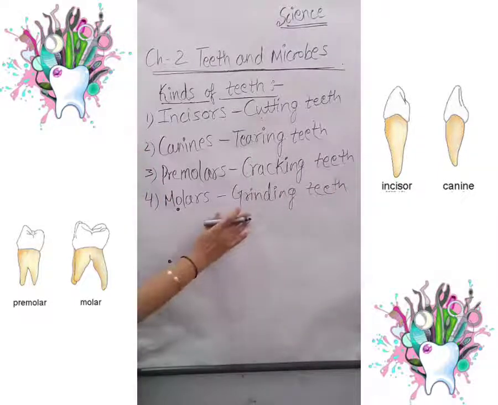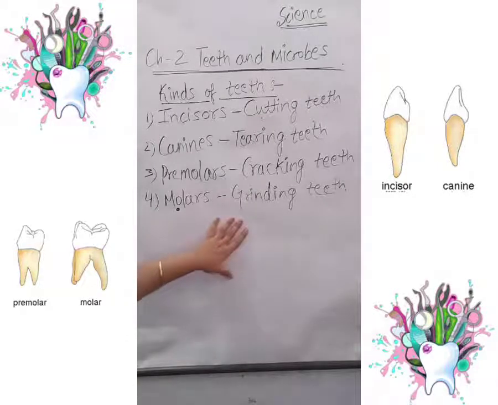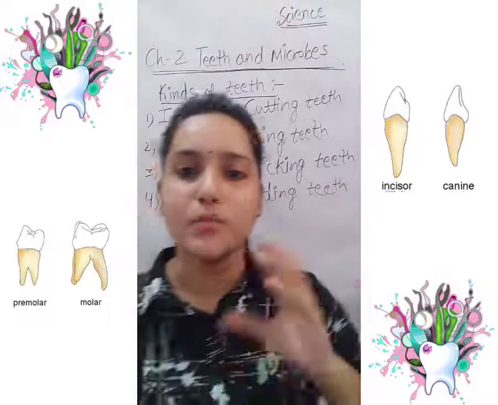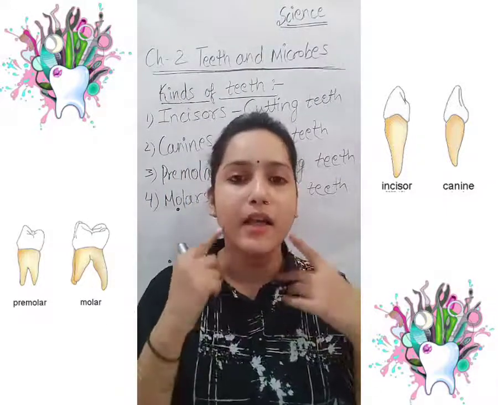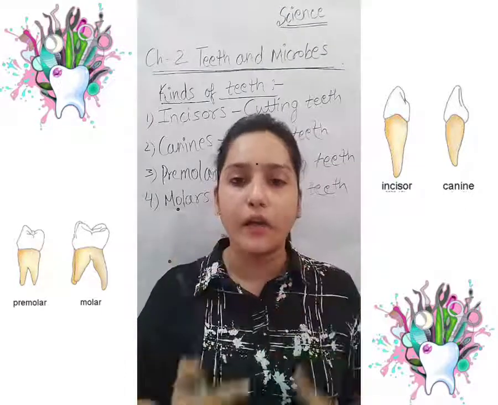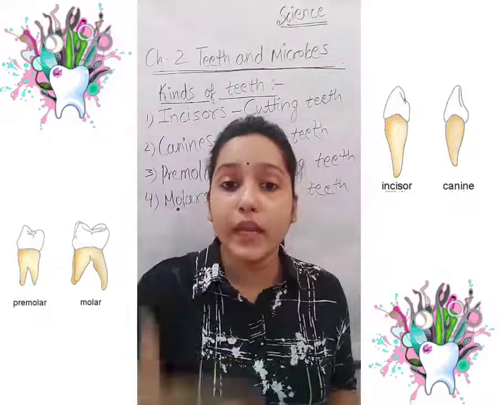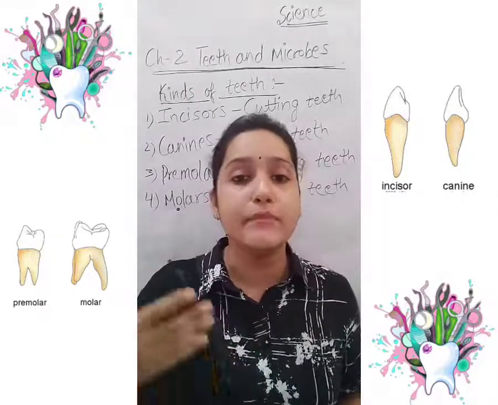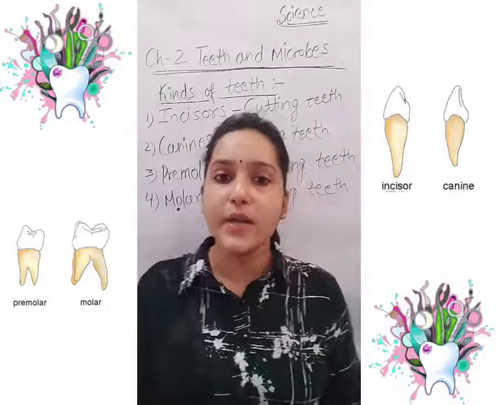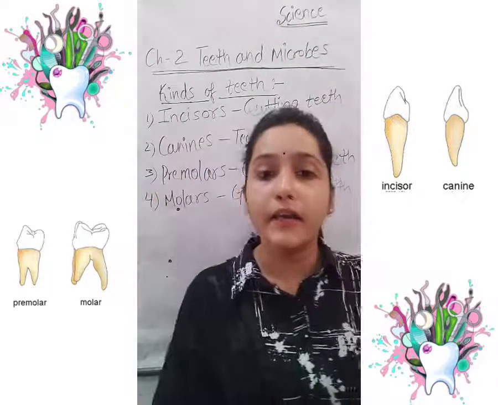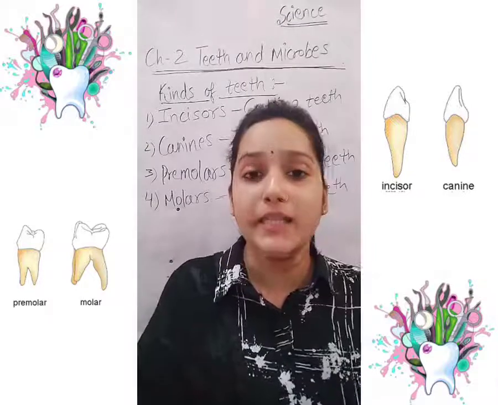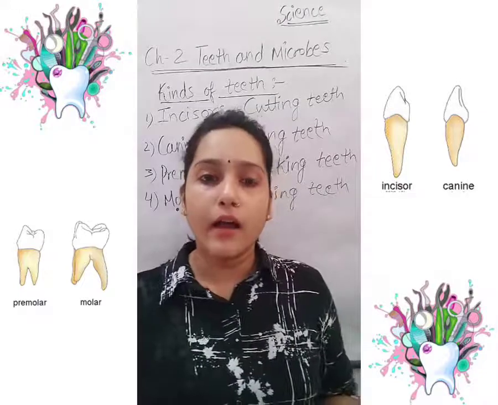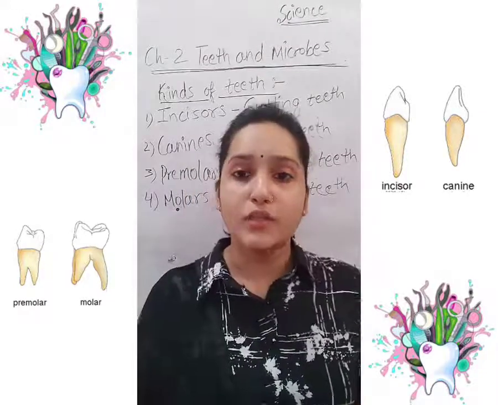So as the name shows, molars are useful for chewing and grinding the food items, and we all have 12 molars present inside our mouth, that is the last 3 on each side of each jaw, right, in which 8 will grow first and 4 will grow later, that are called wisdom teeth. So molars and premolars are very important for the plant eating animals, and they help them to grind, chew and crack the food items, right? So these are the 4 kinds of teeth.